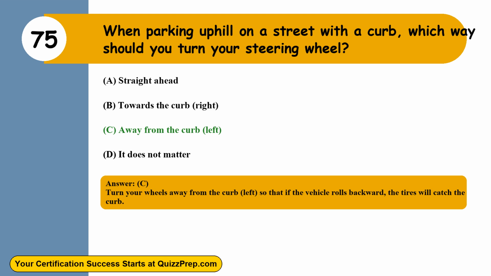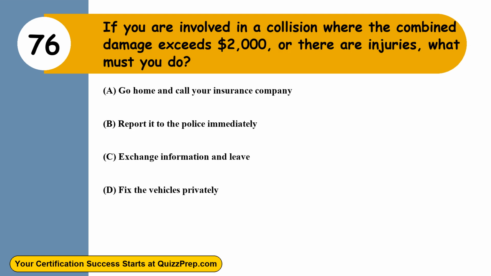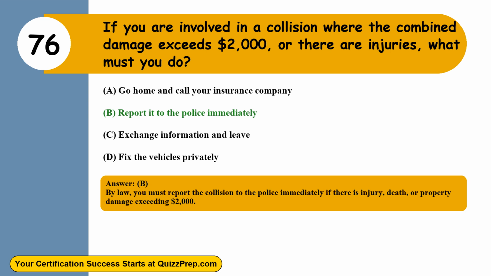curb. Question 76. If you are involved in a collision where the combined damage exceeds 2,000, or there are injuries, what must you do? Option A, go home and call your insurance company. Option B, report it to the police immediately. Option C, exchange information and leave. Option D, fix the vehicles privately. The correct answer is option B, report it to the police immediately. By law, you must report the collision to the police immediately if there is injury, death, or property damage exceeding